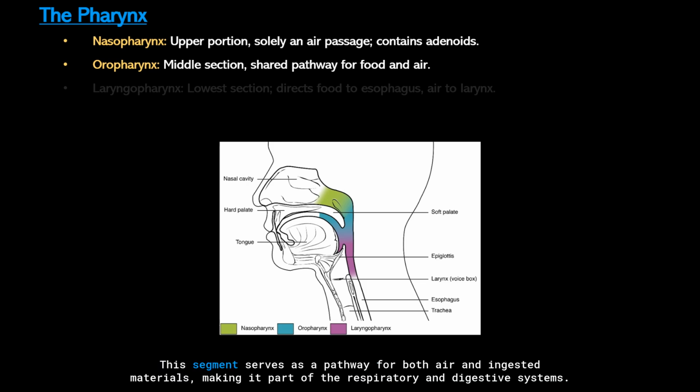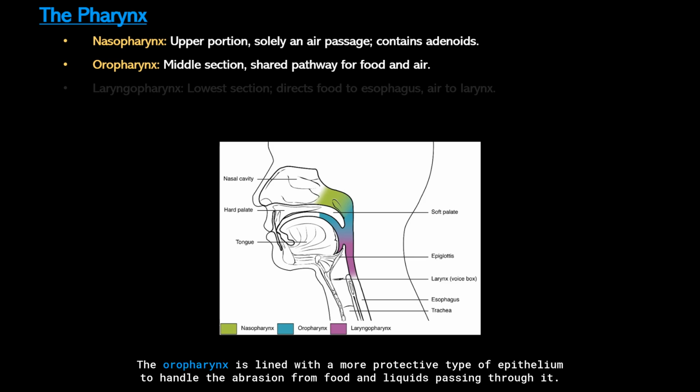The oropharynx is the middle portion of the pharynx, located posterior to the oral cavity. This segment serves as a pathway for both air and ingested materials, making it part of the respiratory and digestive systems. The oropharynx is lined with a more protective type of epithelium to handle the abrasion from food and liquids